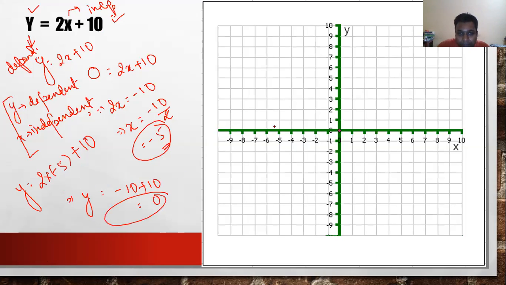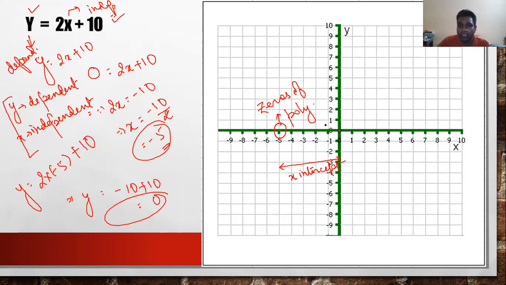Now in a graph, this is your minus 5, this point. So this is your x intercept and this is your zeros of the given polynomial.